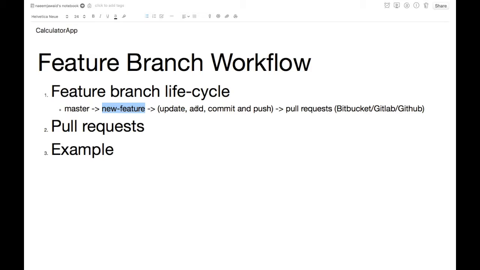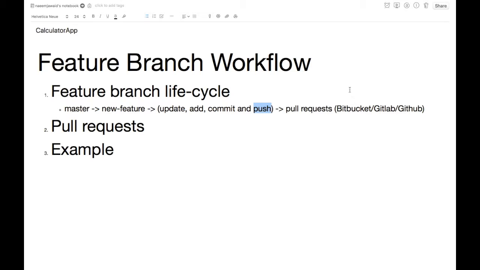And then in that particular branch you update the code, you add new files, you remove files, you make one or multiple commits, and then you push those commits. And once you are done with that feature, you make a pull request in Bitbucket, GitLab, or GitHub,